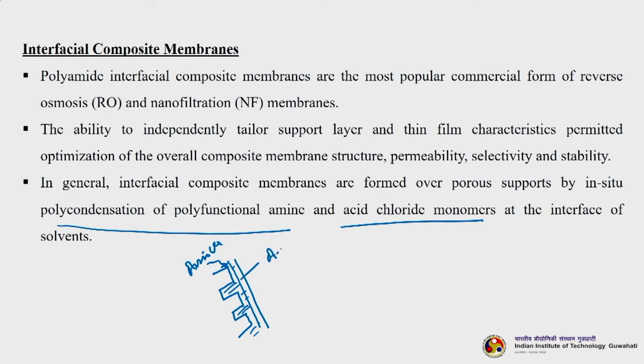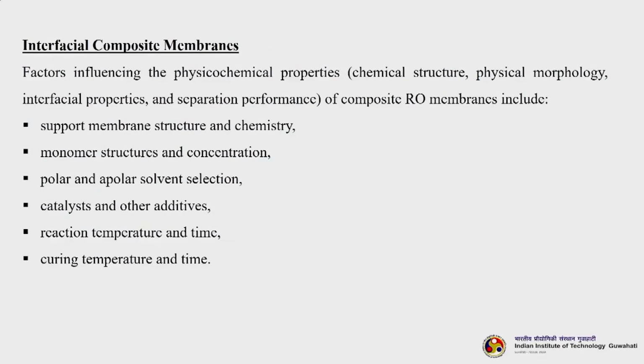and this is your acid chloride. Once it comes into contact with that, your cross linking or polymerization begins. So, what you will achieve is something like this: a very thin film, a very thin layer of film will come here on the surface, right. We discussed this in detail in interfacial polymerization. It is very important to know this process because most of the commercial membranes are being prepared this way nowadays, and you can prepare it in the lab scale also.